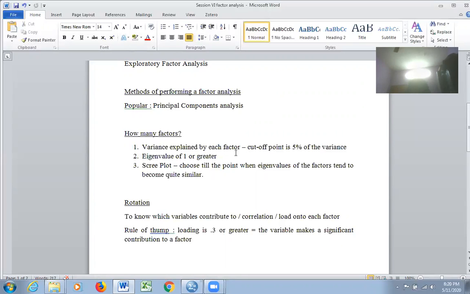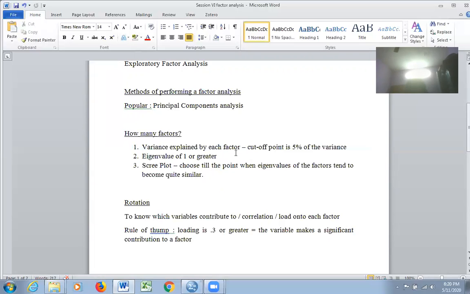That means the combined factor is able to reveal the same variance as that can be explained by each and every original variable it represents. For example, there is a factor, it has got 5 variables. So whatever variance can be explained by these 5 variables, this one factor also will be able to explain. That is what eigenvalue of 1 or greater.